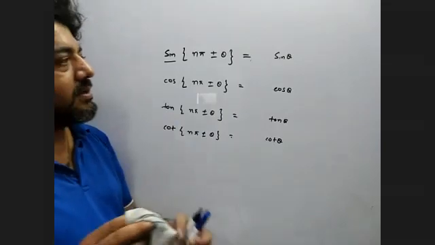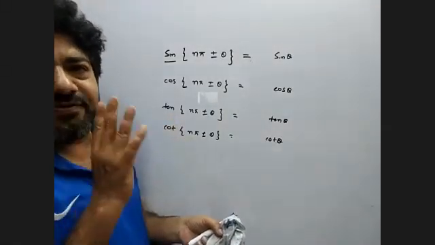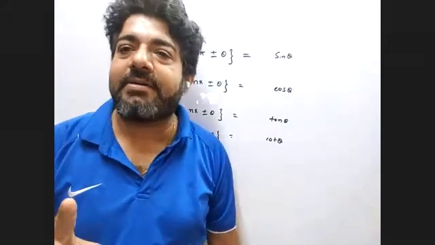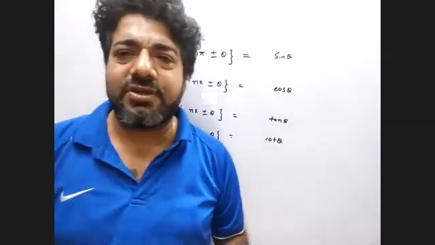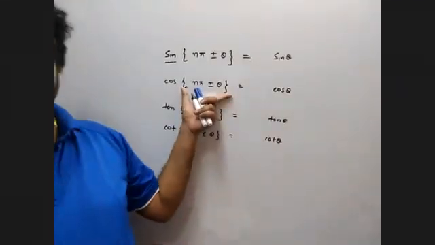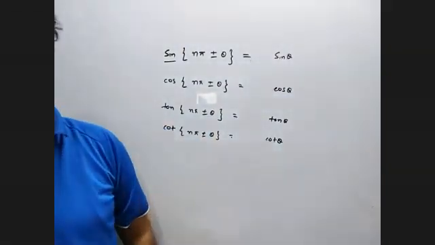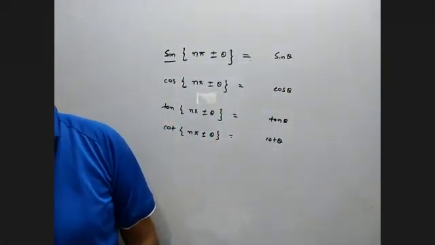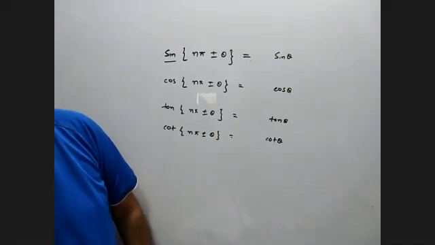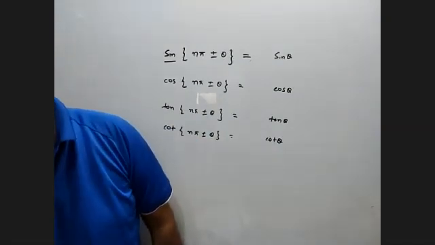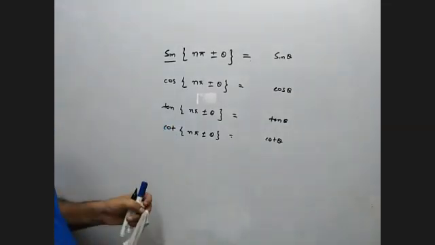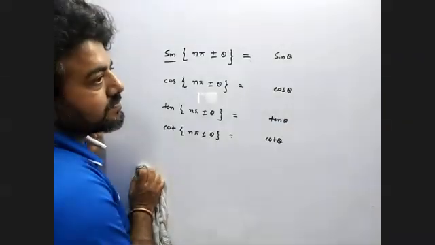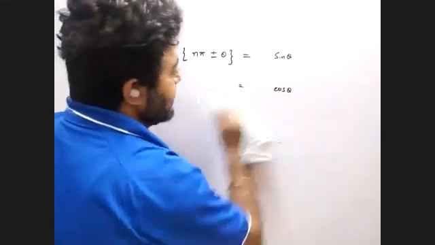Should we write these formulas now? If you want, then you can write. If you understand that if you have a multiplication of n pi, then sine becomes sine, tan becomes tan, then you don't need to write. At least write 1 or 2 so that you can understand the pattern. Done? Okay. So if it is done, now suppose I am giving you